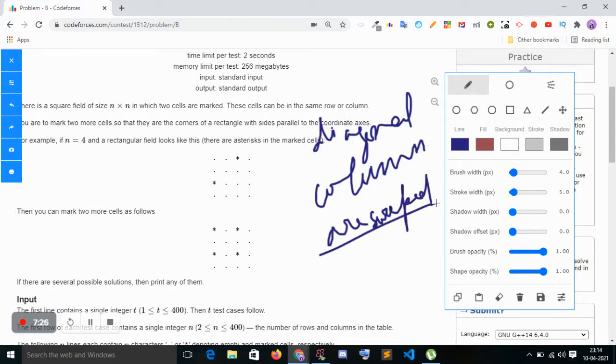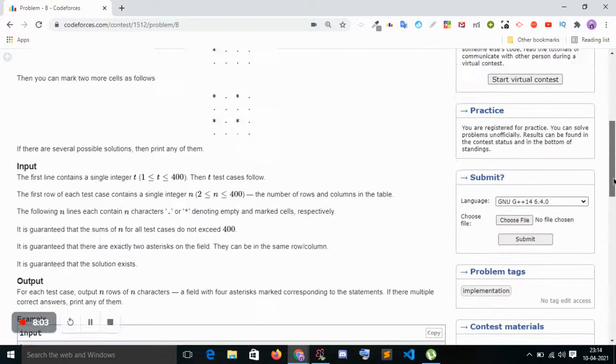In the first condition, if the rows are the same, just check that the row should not equal n minus 1. If it is n minus 1, choose any two points parallel to it on the other side. If the row is not equal to n minus 1, you can choose any point parallel to it, which is easy. The same condition goes for the column. And for the diagonal, our columns are swapped. That's the conditions. Let's try to program it.